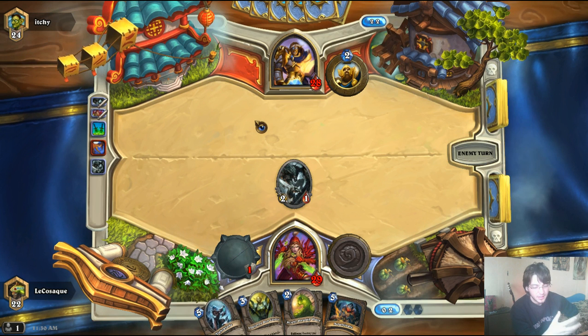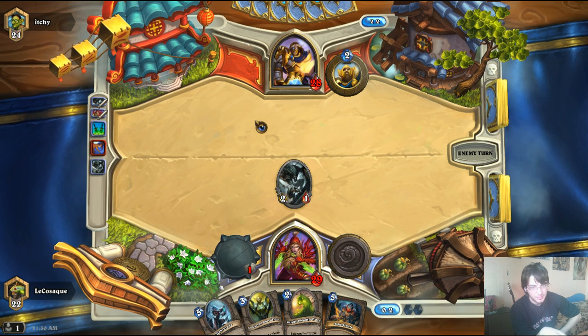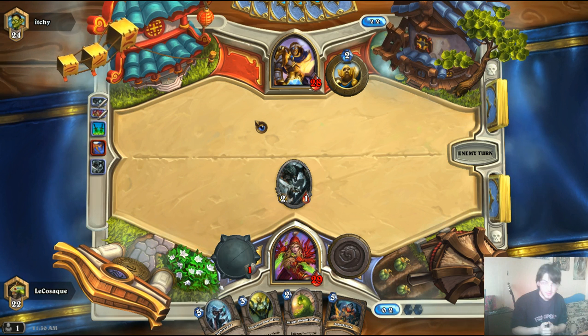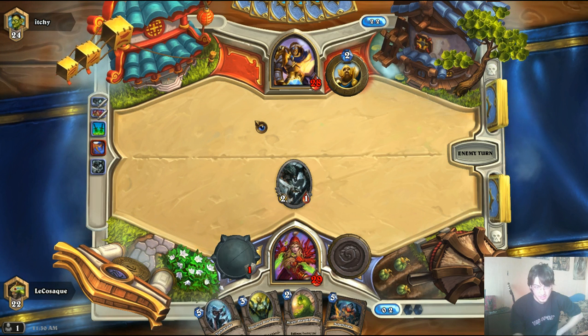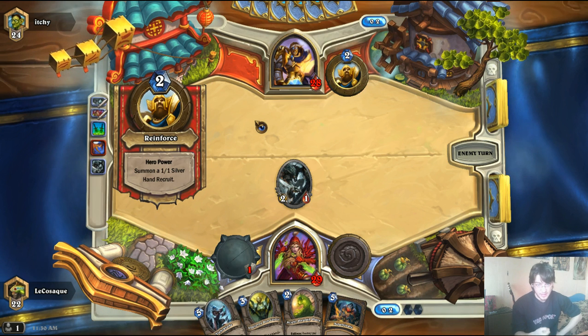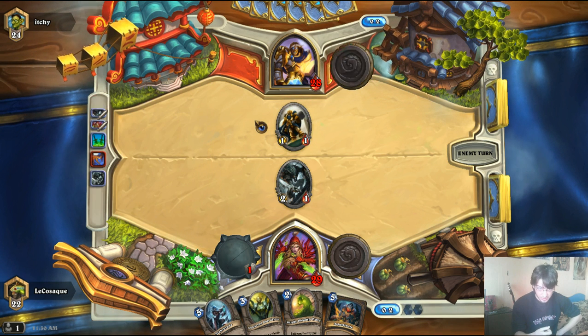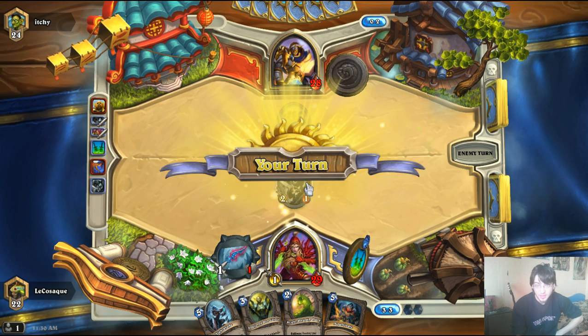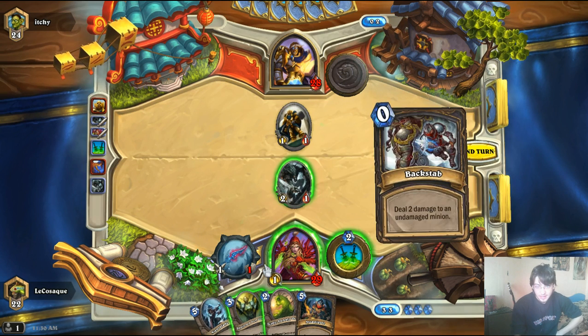If I can take a little amount of damage with my hero to kill a creature, I would always prefer to do that than to sacrifice one of my own creatures, because in the end of the day what you want to do is to have board control. Board control is probably the most important thing in this deck. Like for example